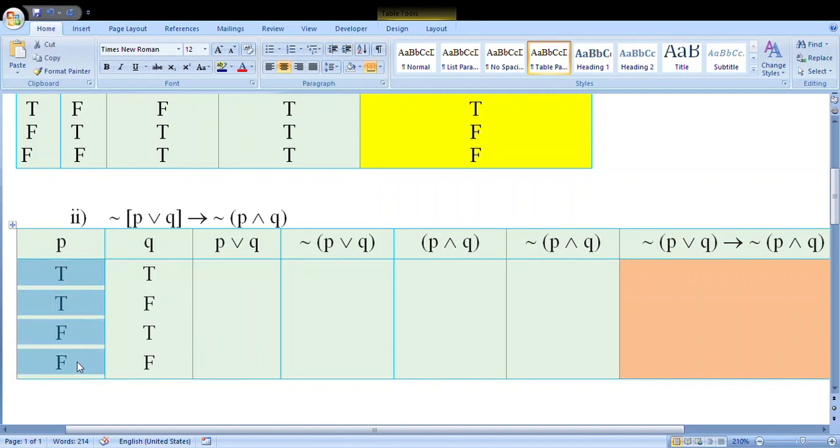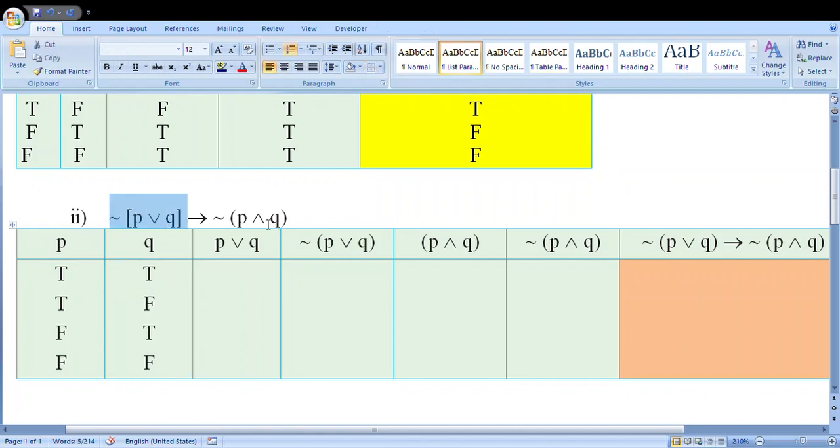Now divide 2 into equal parts. So that is 1, 1: T F T F. We have to find out the final answer between these two. But for that, first we have to find out the left side of the arrow as well as the right side of the arrow. So the left side consists of negation of P arrow Q. But for that, we need P or Q.